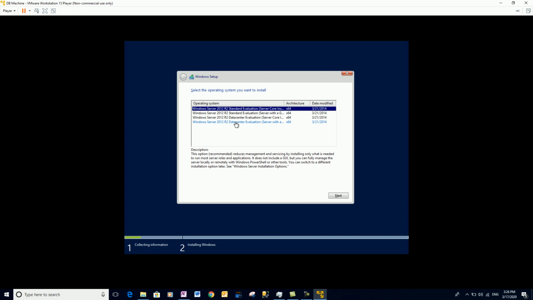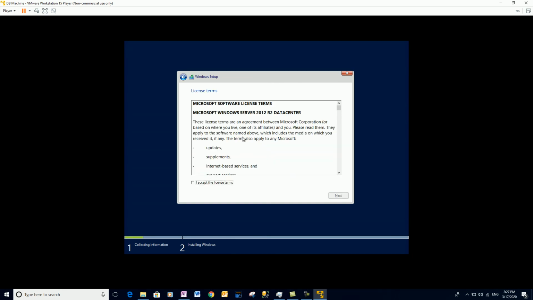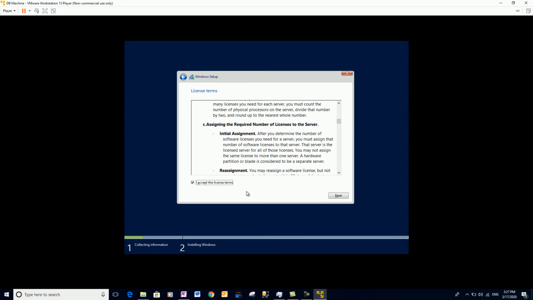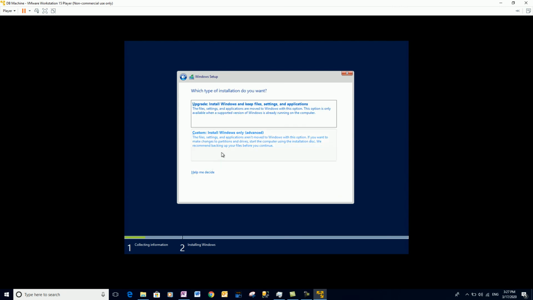Alright, for our purpose we will choose the data center evaluation edition for x64 environment. So let's click on next. Apart from data center edition, standard edition is available, but for our purpose we are using data center edition. Let's click on next. In the next screen it gives you the license agreement, which you can go through, and click on accept after that. Click on next,